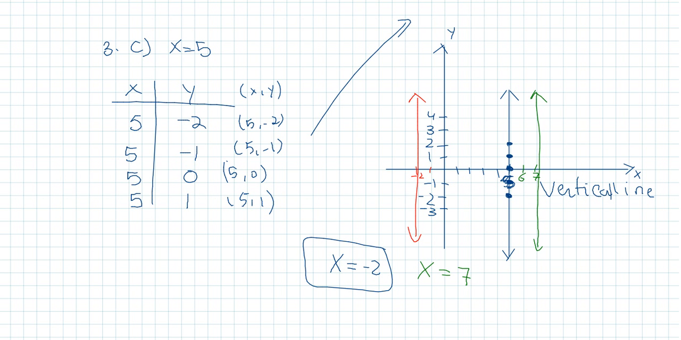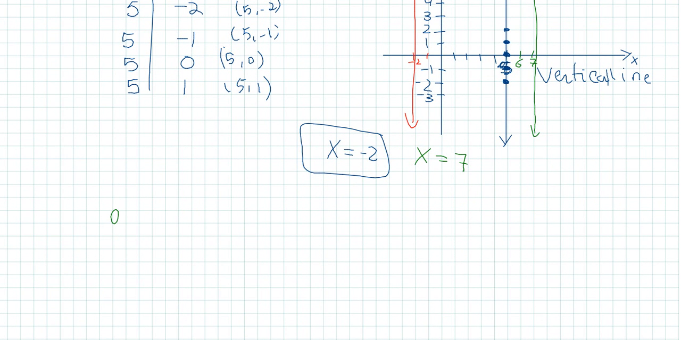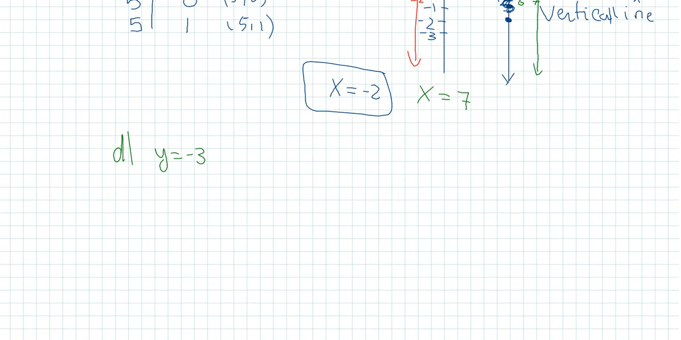Now, if I'm looking at this D, what does D say? Y is negative 3. So in this case, y is going to be negative 3 no matter what x is. It's telling you that y is equal to negative 3 and it's not going to change, no matter what x value you pick. Okay? So if I'm going to graph this,